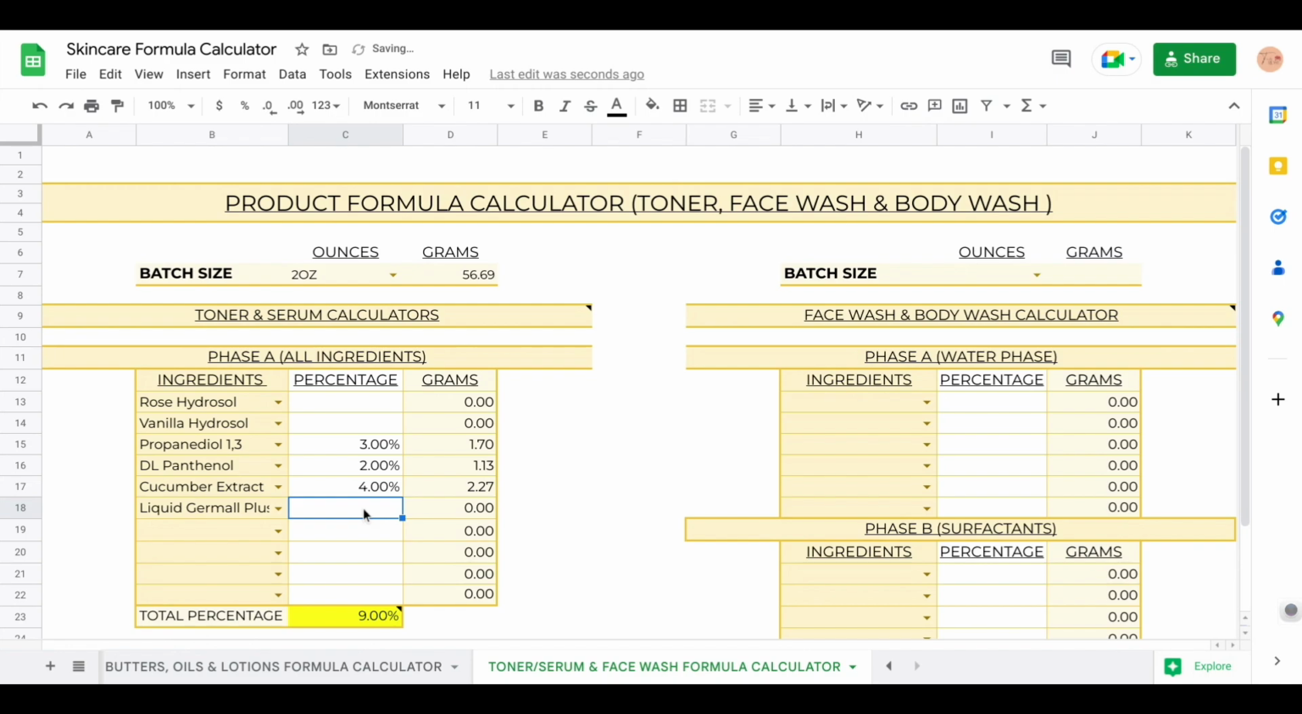But you see it says 50%. Just come back and go 0.5, and it'll fix itself. Okay. So now we have 9.5%, which leaves us with 90.5%. So let's go with